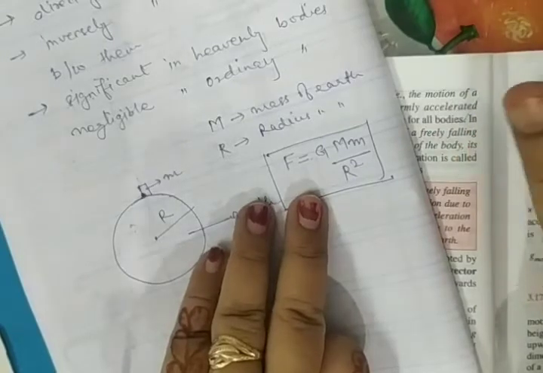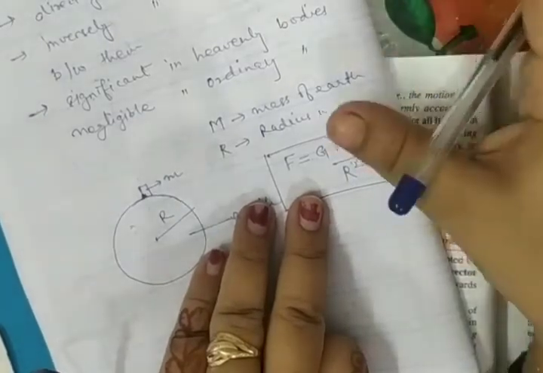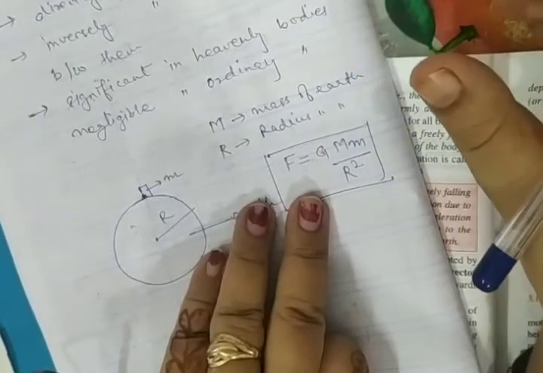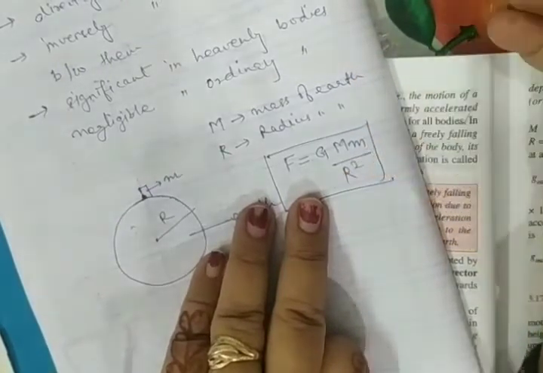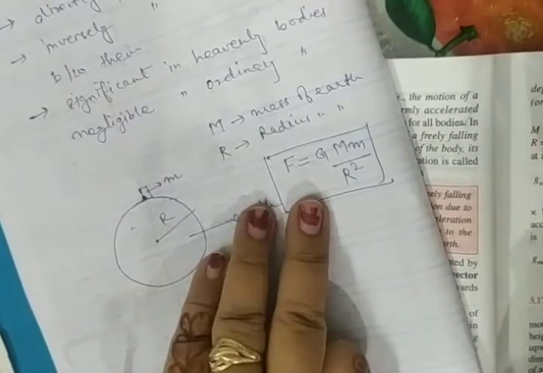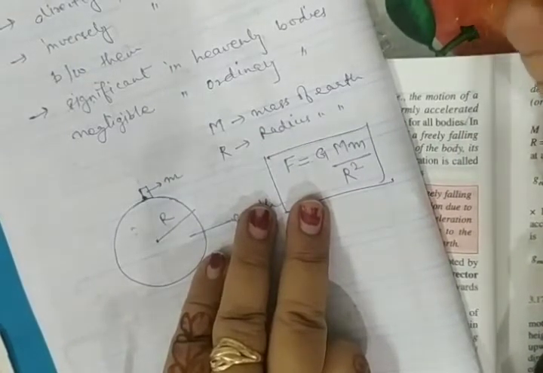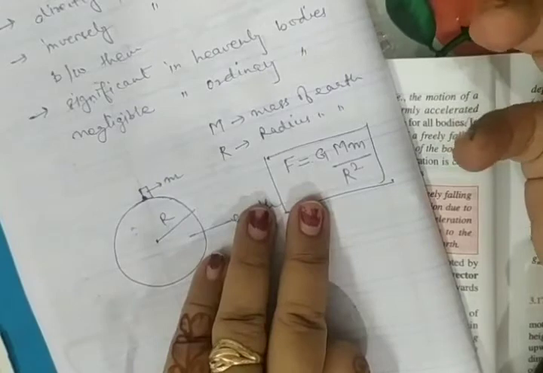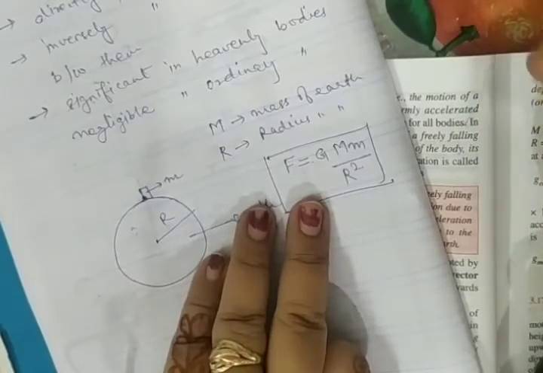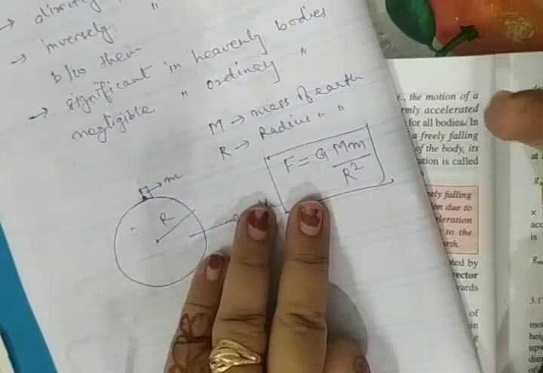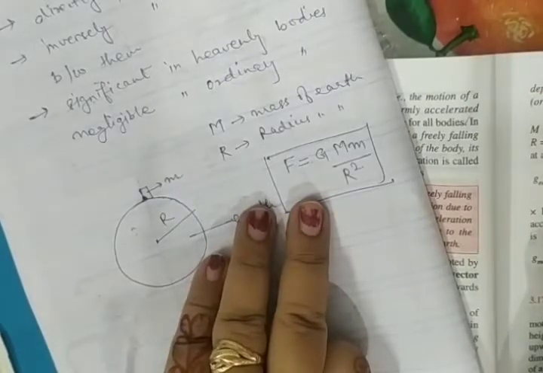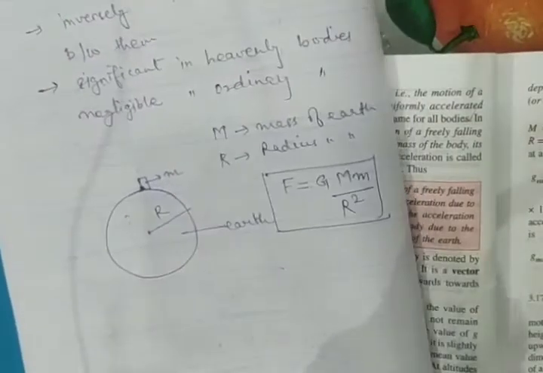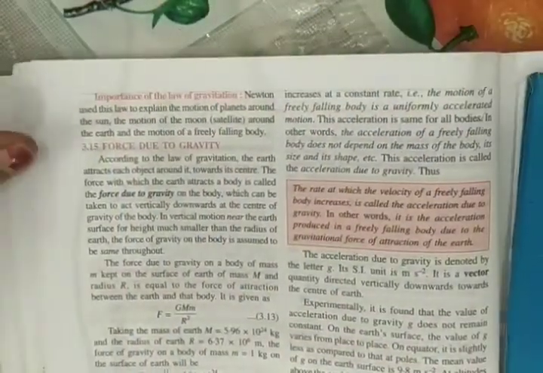So suppose I just drop a ball, or you say I just leave a ball, what will happen? The ball will fall on the Earth, not the Earth coming on the ball, no? That is because the ball is free to move, it is small, so the force observed on it is clear to us, and the force exerted by the ball on the Earth, that is negligible for the Earth. It is so big, so heavy, right? So we say that only the Earth is attracting the object, but actually both of them are attracting each other.